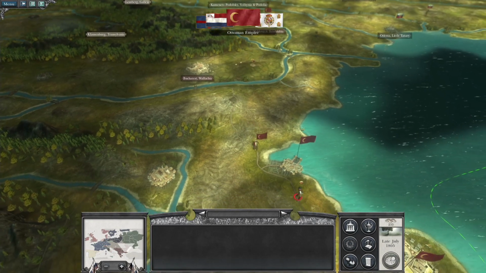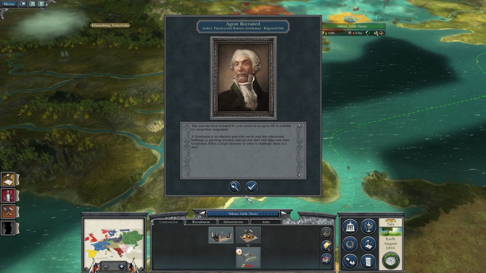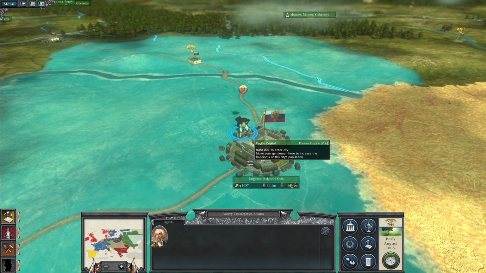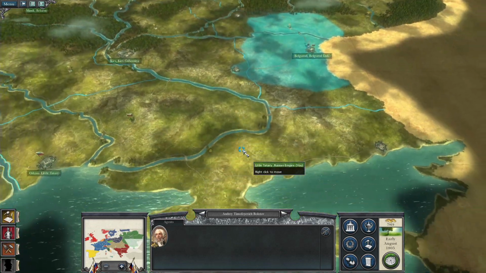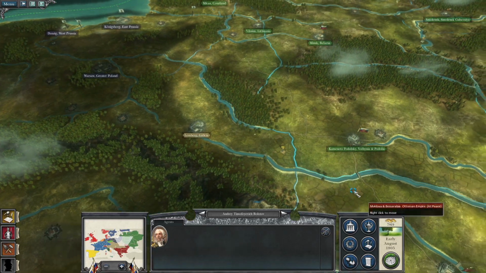Trying to get an idea. Now, look at this. The Ottoman Empire moving a small army down in that general direction. Right, so we got an agent recruited, which is great. Now, where is our agent? Here he is. And he's in Belgorod. Okay, so what we are going to do...